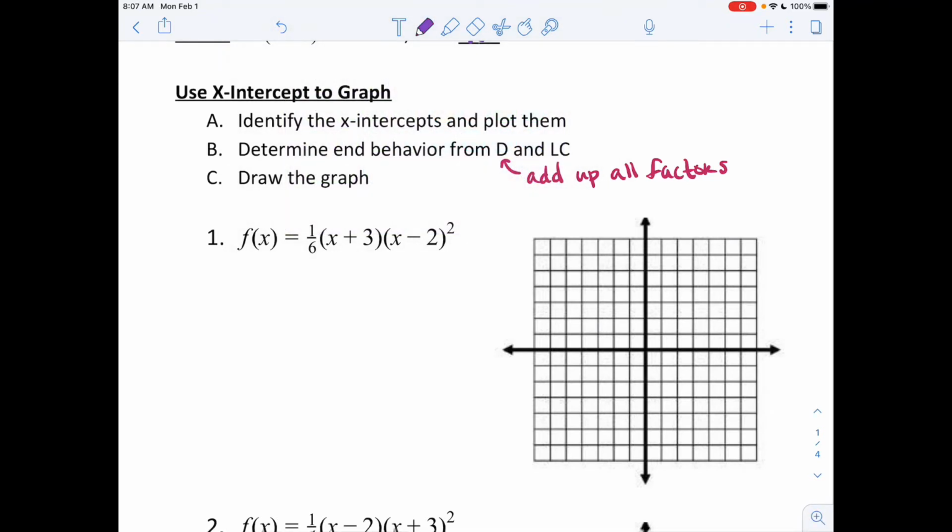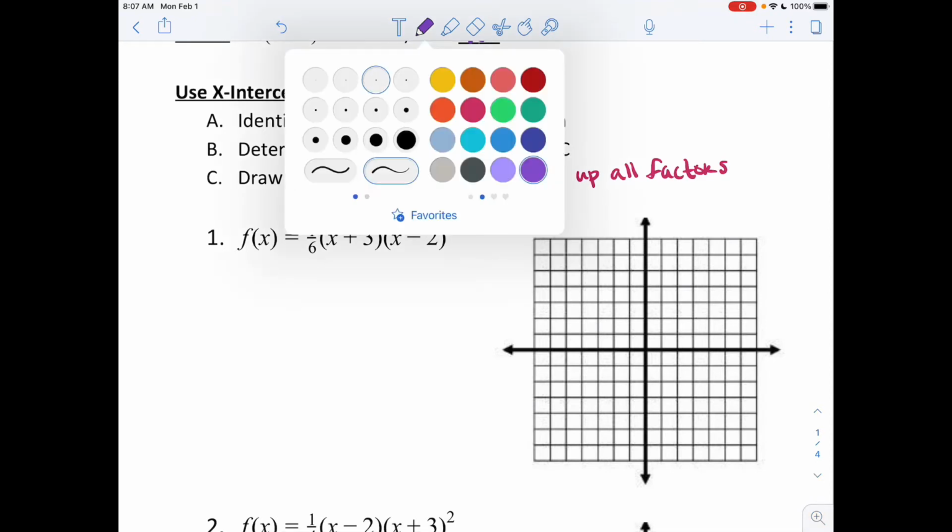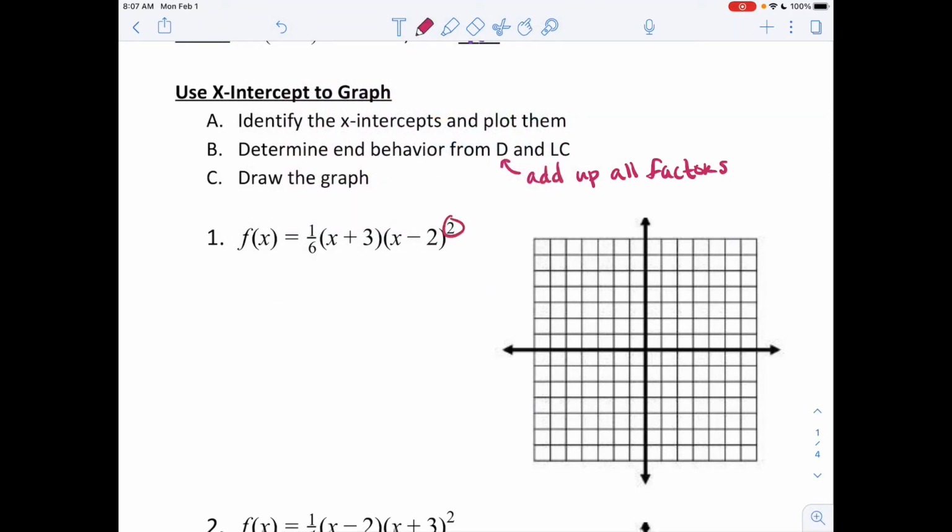If we have f of x is equal to 1/6 of x plus 3 and then x minus 2 squared. Now the one thing that I notice here is that I have a squared, and if you want to go ahead and designate it here, this x plus 3 is to the first power. That way I know when I add up all my factors, I have 1 and then 2 makes 3. So let's do A, which is identifying our